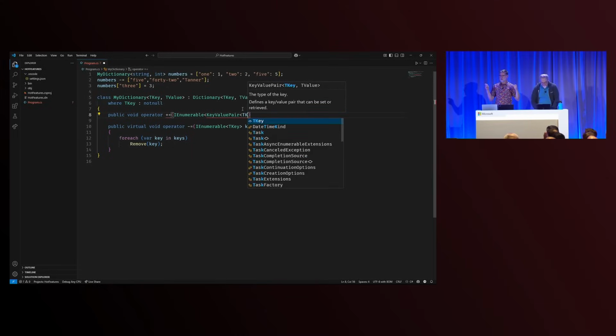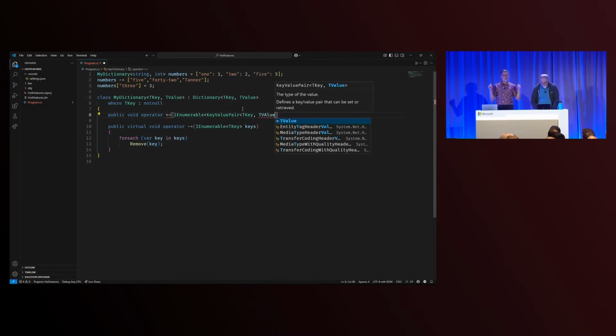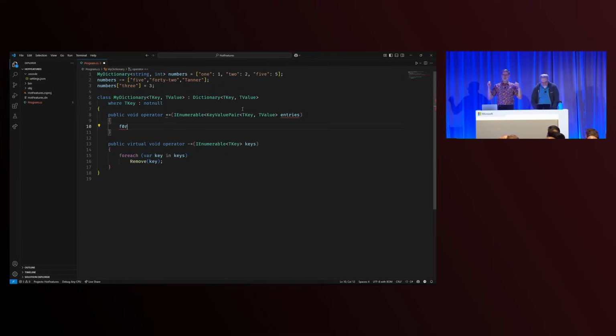Using the indexer has semantic impact, because it means that dictionary expressions, we'll keep calling them that even though they're not technically a separate thing, have last insertion wins semantics. If you have the same key more than once, we don't throw, we don't keep the first one, the last one wins.